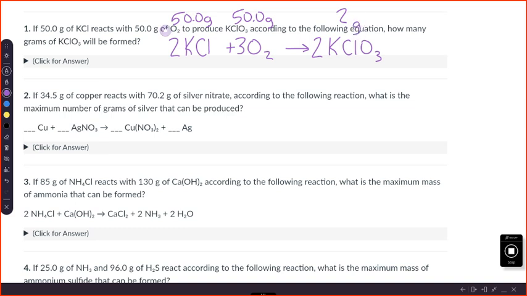Now, since I was provided the mass of both reactants here, I'm going to have to determine the limiting reactant. The easiest way to do that is just to convert this 50 grams of KCl to grams of KClO3, and then convert this 50 grams of O2 to grams of KClO3, and then whichever answer is smaller will have to be my actual answer because that will have come from the limiting reactant. So we'll just start with the 50.0 grams of KCl,